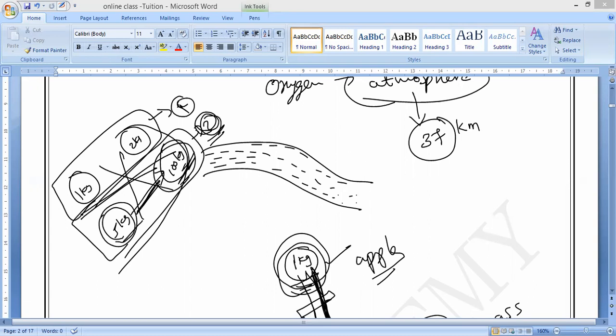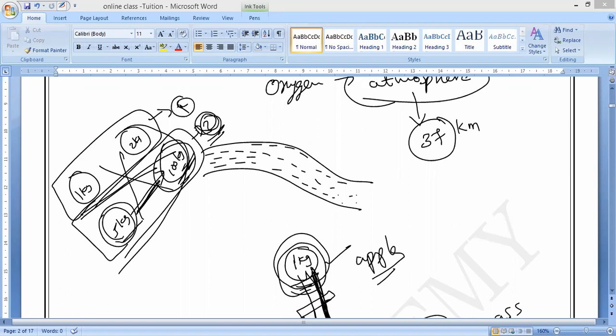Can you say any attraction? One body is moving towards another body. Any example? Please respond. So now one stone is replaced by the earth. What will happen, guys? If the stone is released from a certain height, it will fall towards the earth. That is what you should remember. So please write.